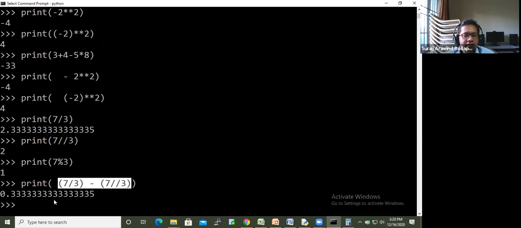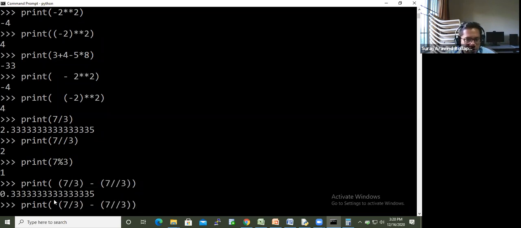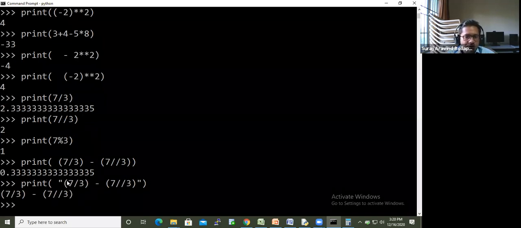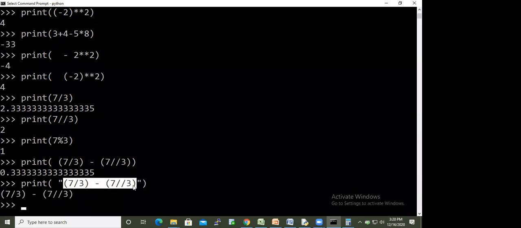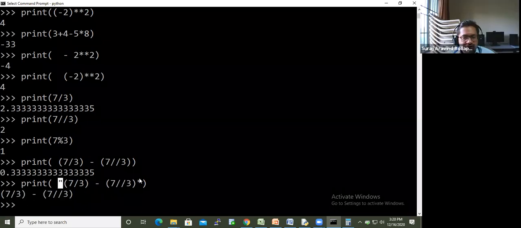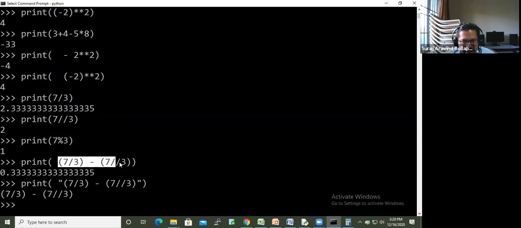It is not printing as it is. Suppose I want to print that as it is, I put it in as a string, in double quotes. The moment you put double quotes, everything is treated as a string. Whatever you put inside, it will be printed. If you don't put double quotes, it will treat this as an expression, and the resultant of that expression will be printed. Same is the case here. It is an expression. The result of the expression is getting printed.